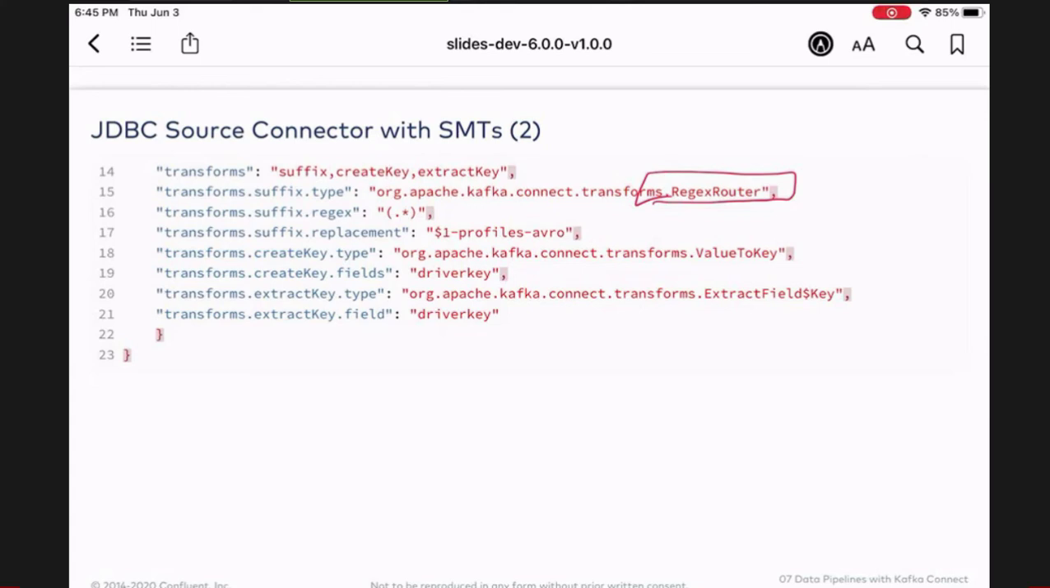And we give you a little example of this, right? So the topic name should just be the name of the table, which is driver. And this transformation replaces the driver with the driver profiles arrow, right? Now, if you look at the regular expression here,